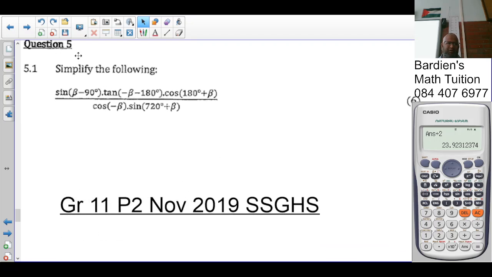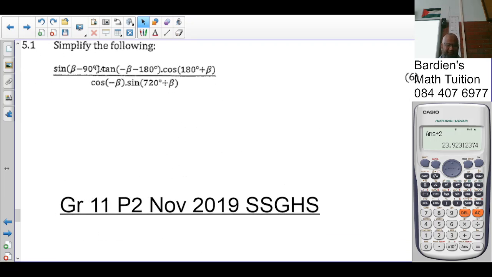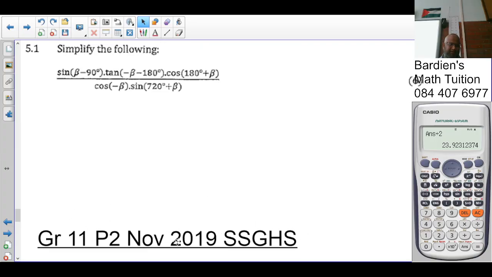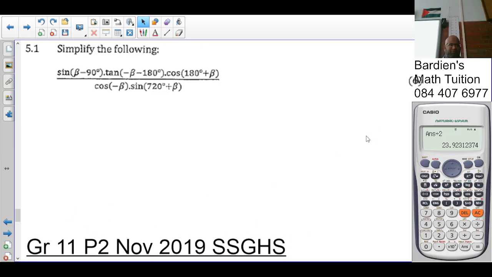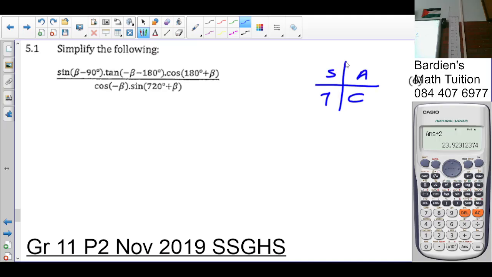In question 5.1, we are asked to simplify the following for 6 marks. Reduction formula. Okay, so what happens here is that this is all stations to Claremont. So you see beta minus 90. We know that it's going to give it in your fourth quadrant, and then that would simply be negative